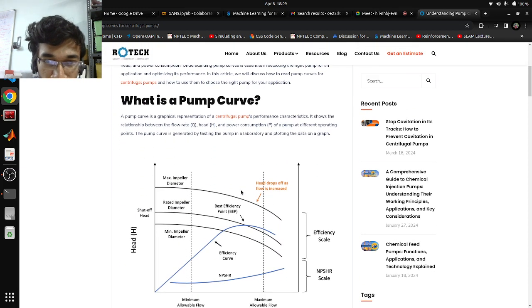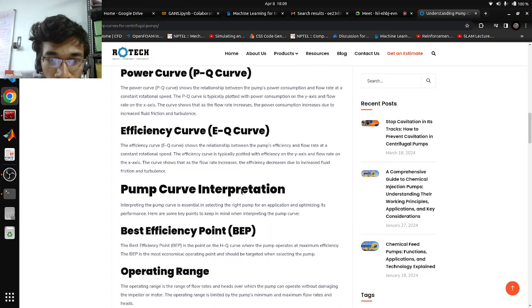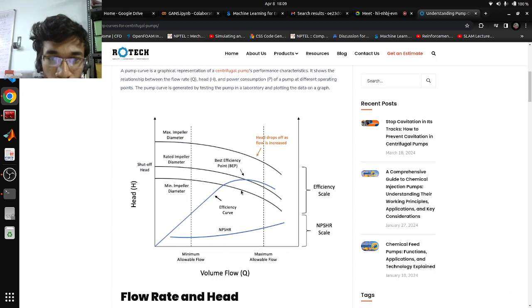Yes. So if you scroll down a little bit, the second one is what is a pump curve, and it is head versus volume flow rate. I generate the curve for a given min and max flow rate. Now I want to extrapolate this for several other designs, like here you see impeller diameter and various other things are given. So for some other diameter for which I have not run the impeller simulation,